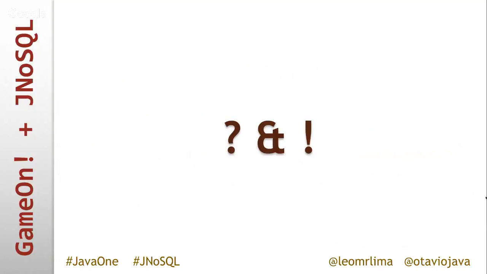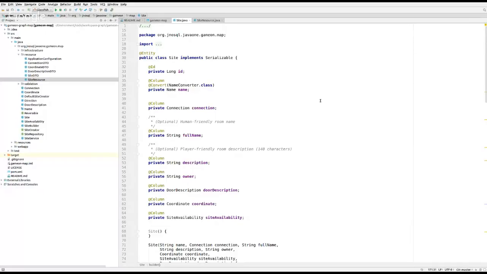That's pretty much it. I don't know if you have anyone online asking questions. Otavio, do we have questions? No, we don't have any questions. All right, so maybe it's time for you to show the source code then. I'm going to stop sharing my screen, and now you can share yours and show our source code. Okay, thank you, Leo. Nice introduction. So, can you see my screen? Yes.